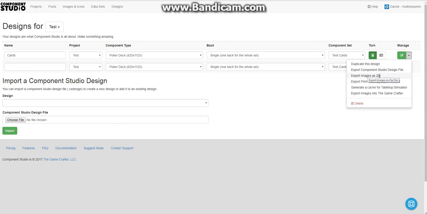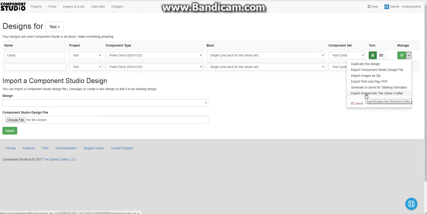Export images as zip. That'll give you a zip file with all of the images inside it. You can export a PDF of all the images that you can just print out and cut out the cards. And then Tabletop Simulator Cache, that'll give you an image in a format for Tabletop Simulator for easy import, and